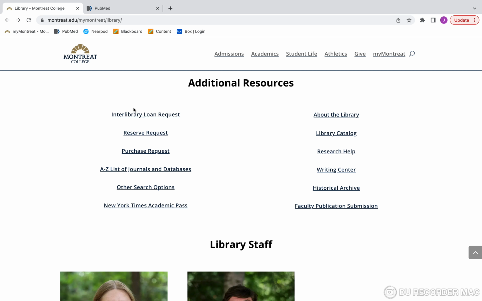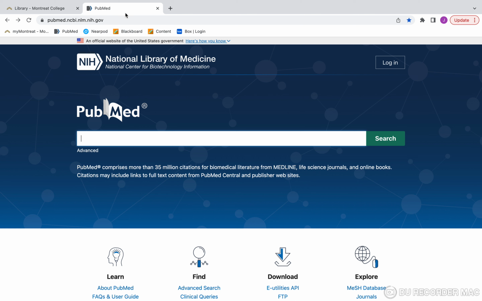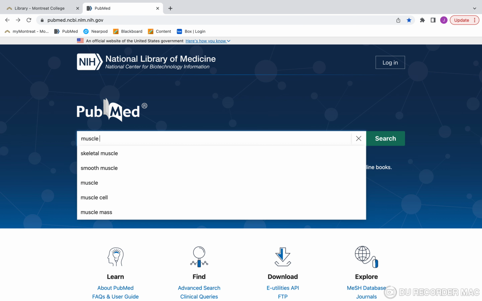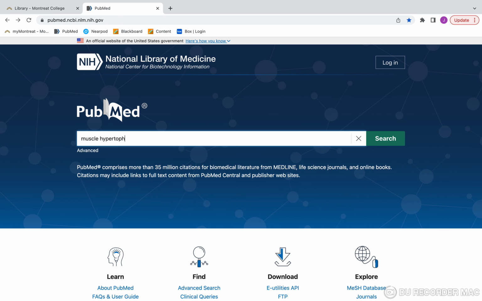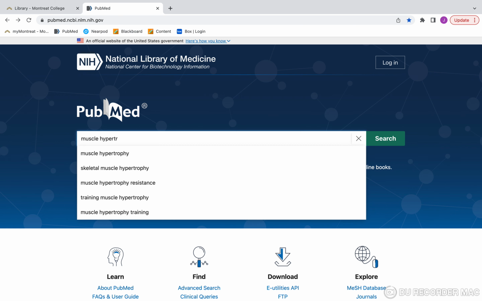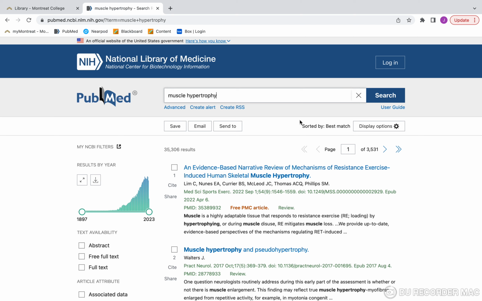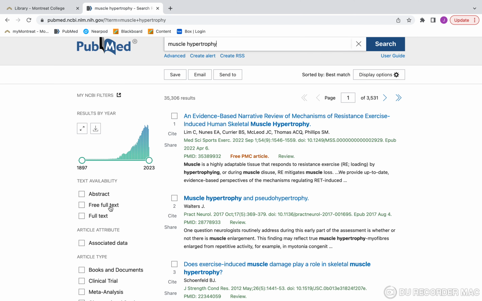Now, like I said, you won't be at Montreat forever. And I kind of have a personal bias because this is what I tend to use, what's called PubMed. It's a publicly available medical journal database put out by the National Library of Medicine and the NIH. So again, let's go back to muscle hypertrophy. Again, we have a similar concept here.